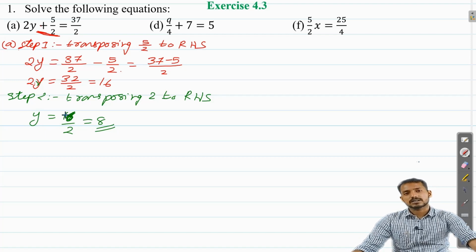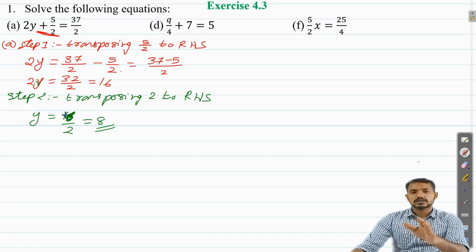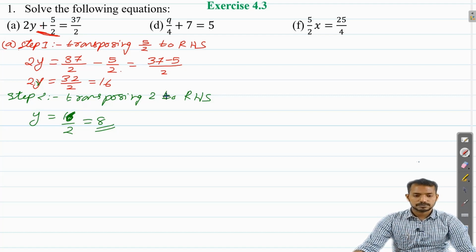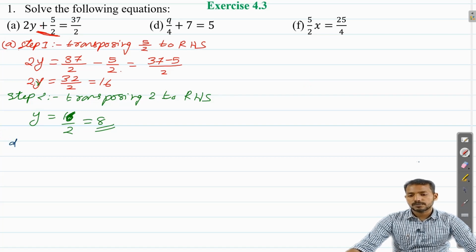Very simple one. Just transpose the terms one by one and change the sign. In case of plus, minus. In case of minus, plus. And similarly in case of multiplication, division. In case of division, multiplication. Only that much. Now I am taking option D, that is q by 4